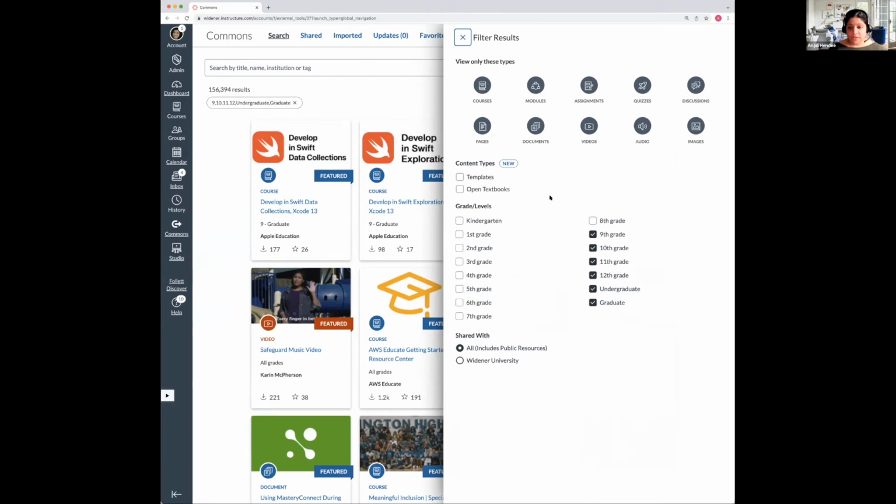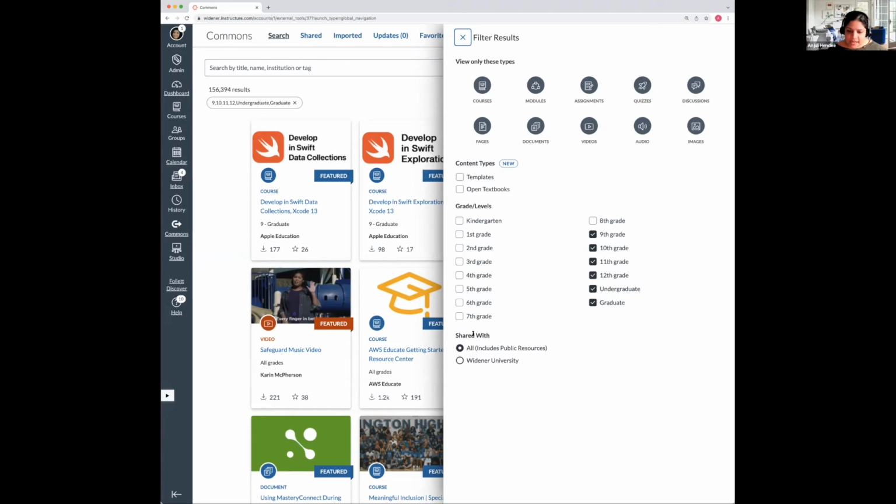As a default for us at Widener, 9th, 10th, 11th, 12th, undergrad and graduate grade levels have been selected. And just look at the variety that we have. We have modules, assignments, quizzes, discussions, pages. All of these options are available, and you can specifically pinpoint the type of content you want.